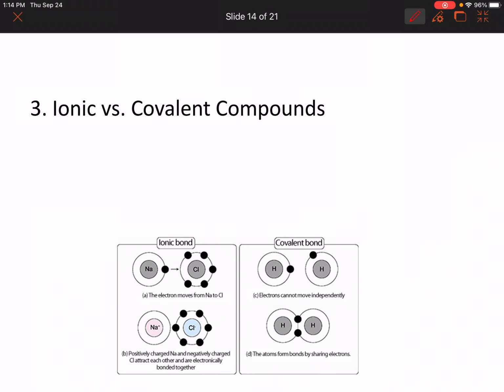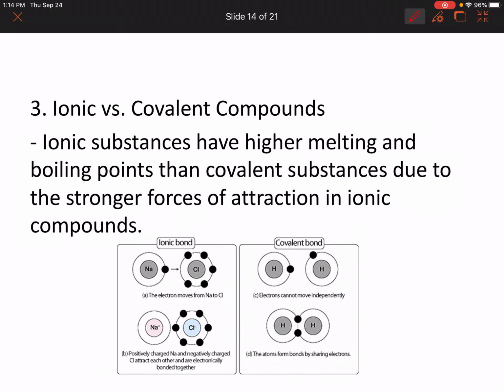The third one is ionic and covalent compounds. So you've done a lab on these things, so you understand what these bonds are. So again, I want you to think which one is going to have the higher melting point and boiling point, ionic bonds or covalent bonds? And the answer is ionic. Ionic substances have higher melting and boiling points than covalent substances due to the stronger forces of attraction in ionic